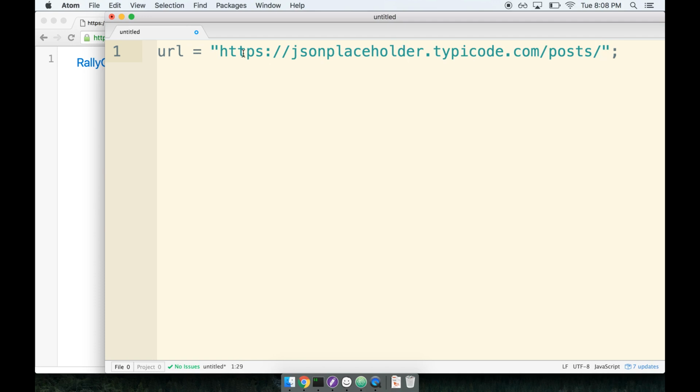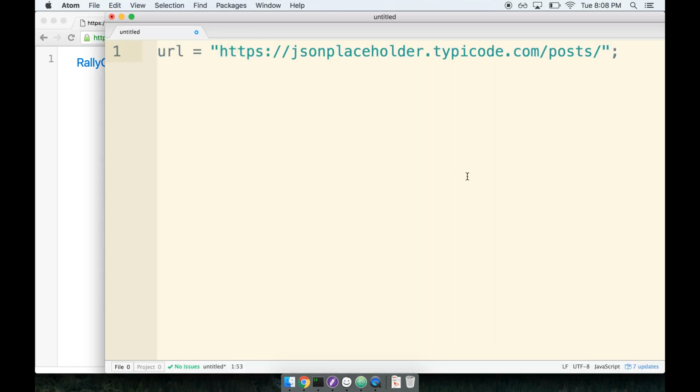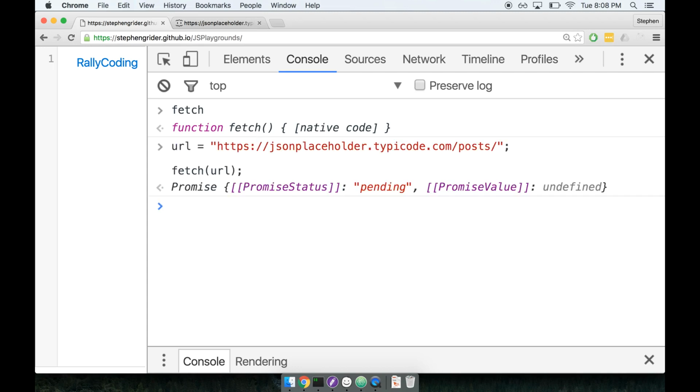One thing I want to point out in particular is that the domain is HTTPS. I am specifically pointing to HTTPS right here because the address that I'm on at JS Playgrounds is HTTPS right now as well. Okay, so to make an Ajax request with fetch, we call fetch and we just pass in the URL. That's it. That's all there is. I'm going to copy and paste this over. And as you can see, we get back a promise from fetch, and it is existing in the pending state